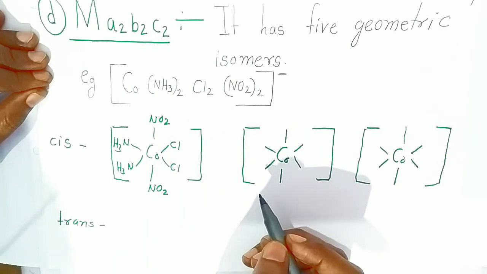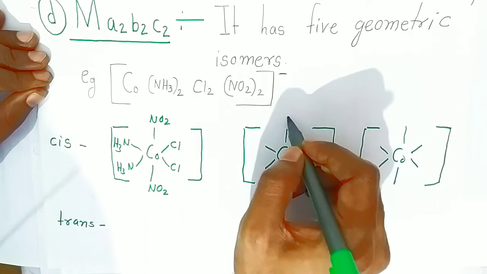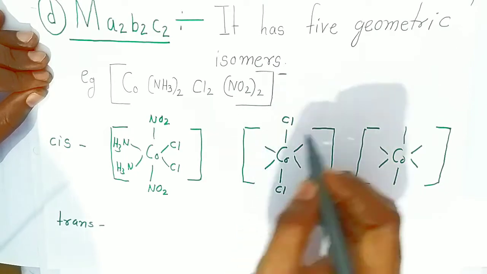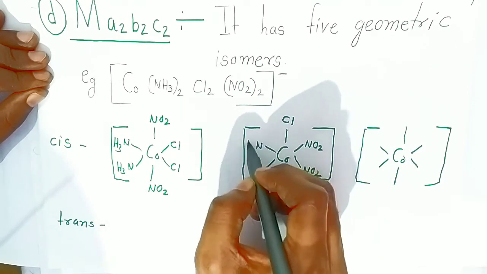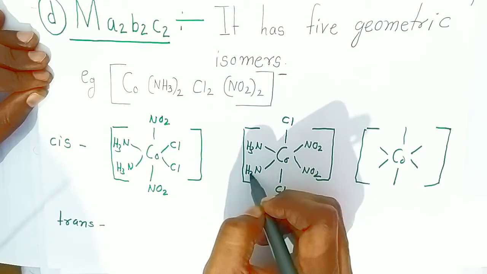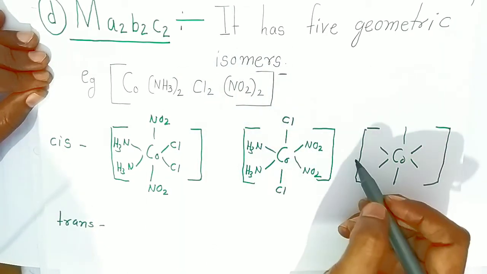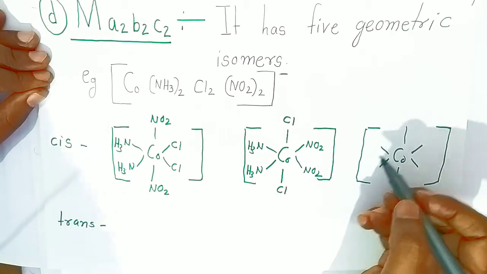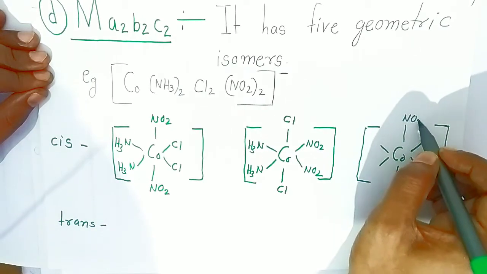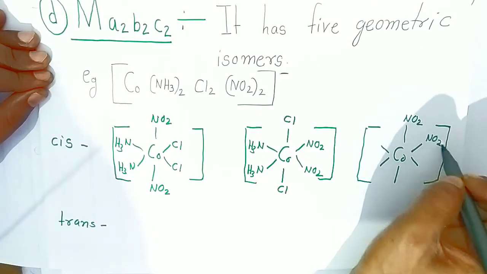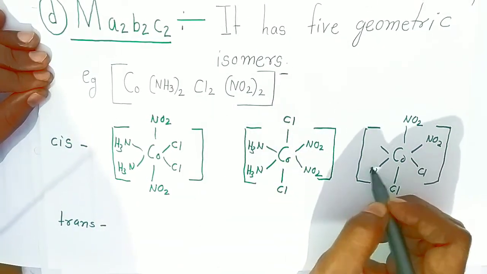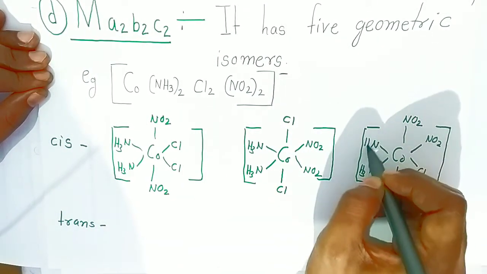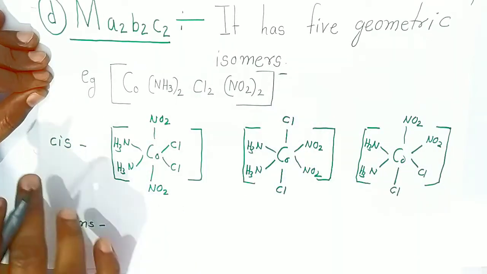Now second cis structure, students, if you are writing chloride here and here, then you have to put the NO2 this side and this NO2 this side and ammonia here like this. This is the second cis structure of this complex. Third cis structure, if you want to write, students, you have to write NO2 here, opposite to this NO2. If you write chloride here, second chloride will be here. If you are writing ammonia NH3 this side, this side will also be ammonia. This is the 3 cis complexes of this type.